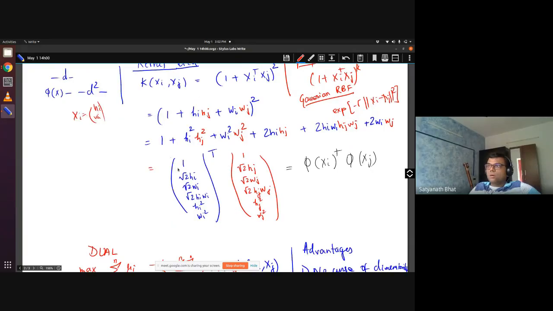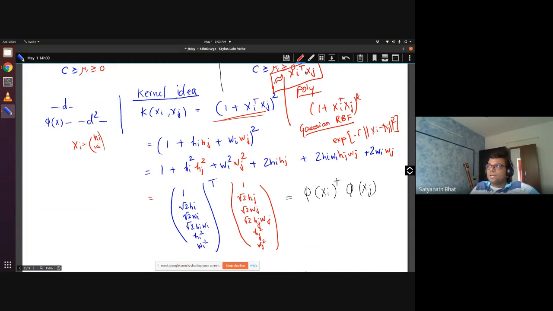Now if you really pull out all the blue terms and the red terms, you see that we are doing an inner product here. This algebra is effectively doing phi of xi transpose phi of xj, where phi of xi is in a much higher dimensional space, correct? Yes sir. If I directly went to phi of xi and phi of xj and multiplied, that would have been expensive. But the kernel trick has short-circuited that expensive operation. I'm able to do it at almost the same cost as xi transpose xj, correct?